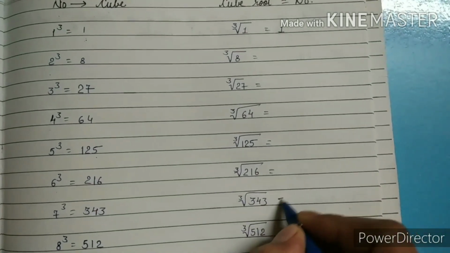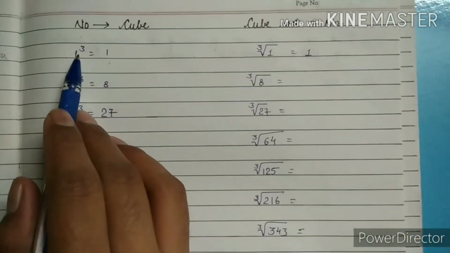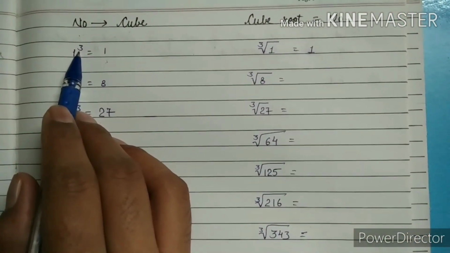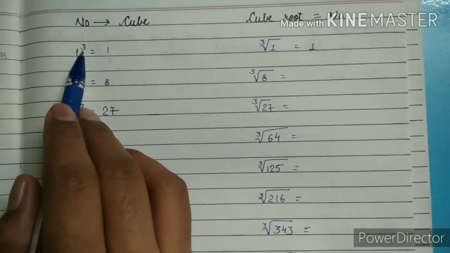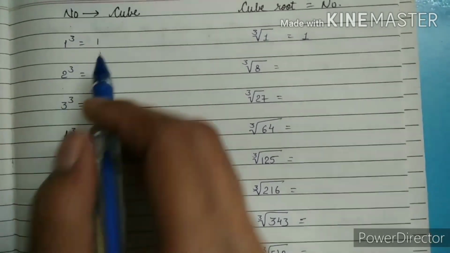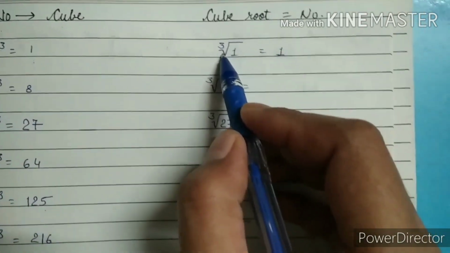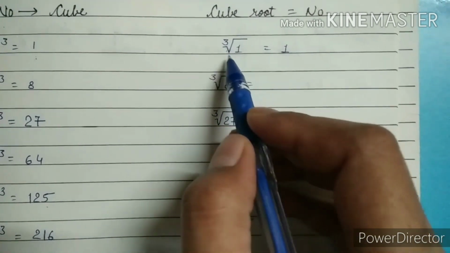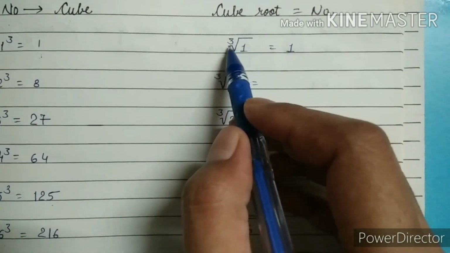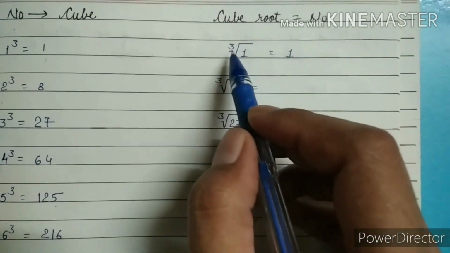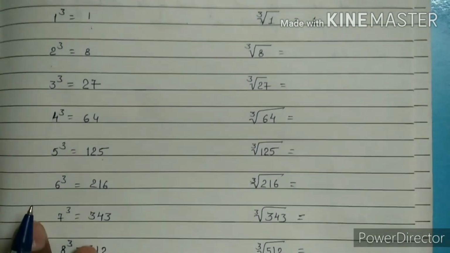Now we are going to the cube root. When we remove this power of 3, or cube, from one side, it will go to the opposite side as a cube root. The cube root is represented by the same symbol as square root, but here a 3 will come, because this 3 represents that it is a cube root. So we have to go just opposite.